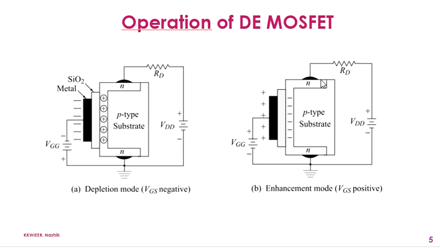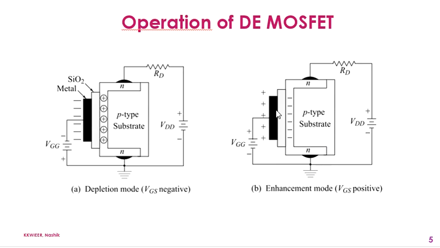So here the drain terminal is connected to the positive terminal of this VDD source, and the negative terminal is connected to the source terminal. Due to this, the current ID, the drain current, will flow from drain to source through this induced channel. With more conduction, electrons will get attracted into the channel, thus increasing the conductivity of this device. So an increase in this VGS will increase the amount of current flowing through the device.